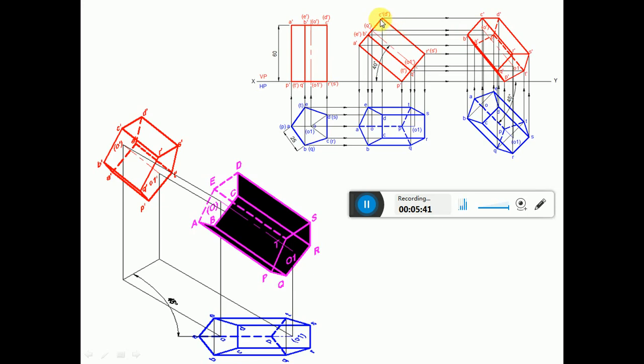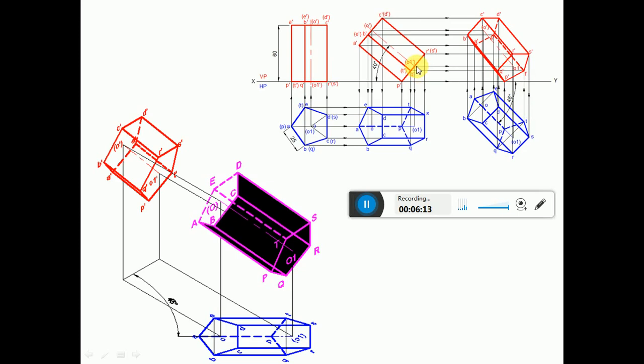Similarly, draw a horizontal projector from C dash, D dash and draw a vertical projector from C to intersect at C dash and from D to intersect at D dash. Then similarly, now you come to the base surface of the pentagon. So draw a horizontal projector from P dash and draw a vertical projector from P to intersect at P dash. Then again from Q dash, T dash you draw a horizontal projector and from Q draw a vertical projector to intersect at Q dash and also from T to intersect at T dash.